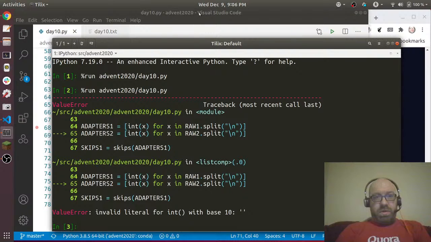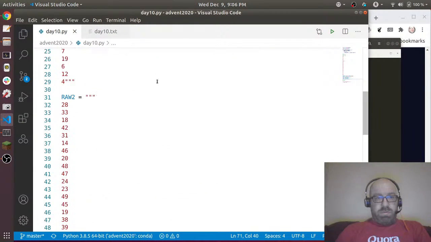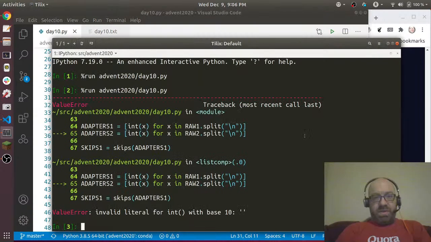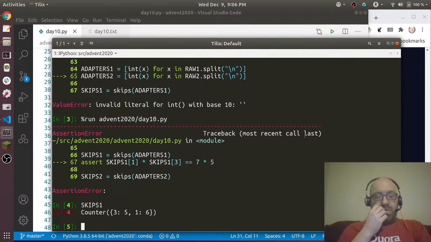Invalid literal. Is this the thing where I always forget to strip? Yes, that is the problem. There was a blank line, and the one day I didn't do a strip. Okay, so see, skips1 is 3, 5, and